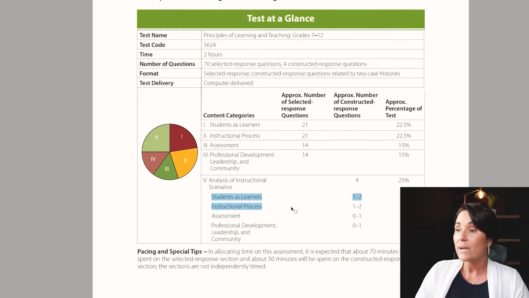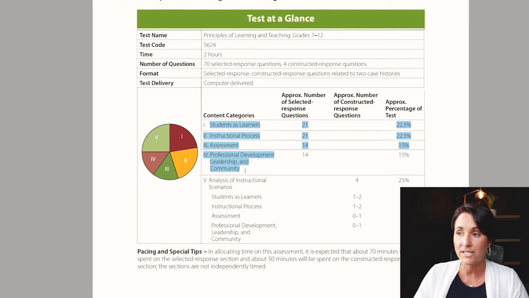All right. So it doesn't really matter. You're going to learn so much about these 4 content categories here that it doesn't really matter which constructed response you go through. You'll have an answer for those, especially if you go through our videos for the PLT. So you'll always have something to say no matter what constructed response you get. So now that we know how many questions come from the constructed responses, let's take a look at a sample